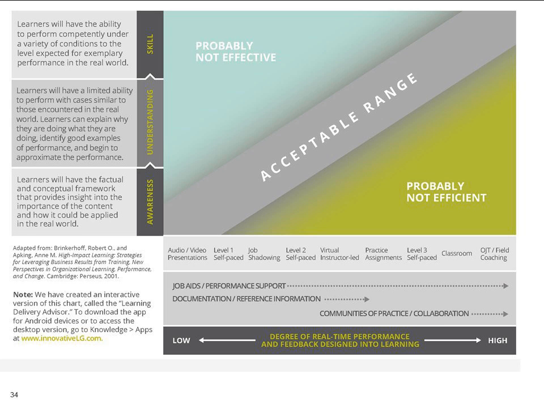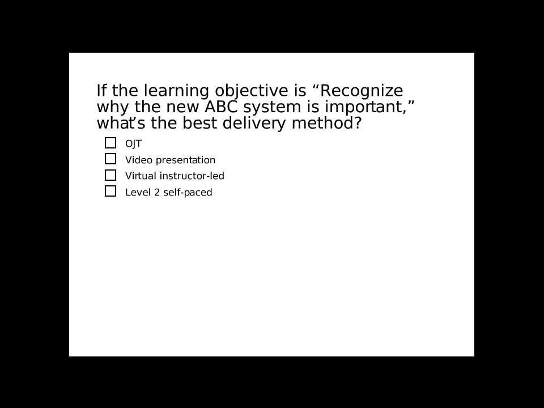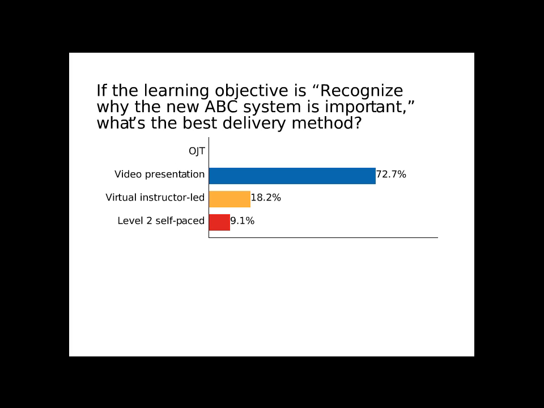All right, so let's let you try. We have a couple polls here. So if you look at the first poll here, if the learning objective is recognize why the new ABC system is important, what's the best delivery method? Go ahead and select your answer here and we'll see what folks think. All right, so it looks like